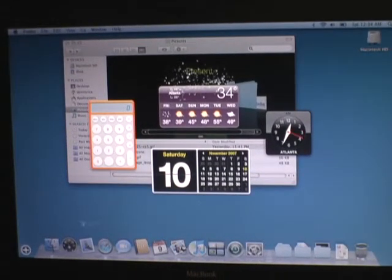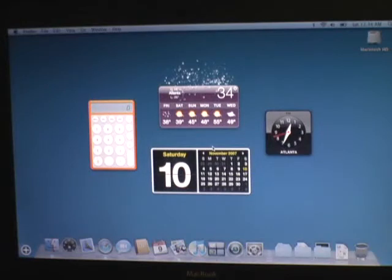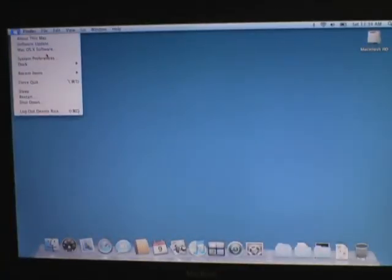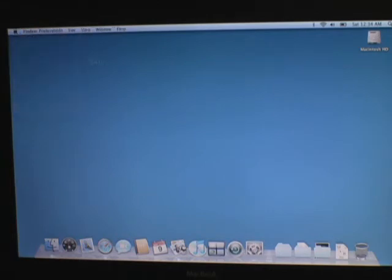Okay, so these are gadgets, similar to, these are widgets. Gadgets, widgets, whatever. Anyway, these are very similar to the Vista sidebar gadgets. And basically these are things that you can launch, quick launch stuff. So either pressing, I believe it's F12, yeah, F12 will bring up the dashboard, or you can come down here and press an icon,